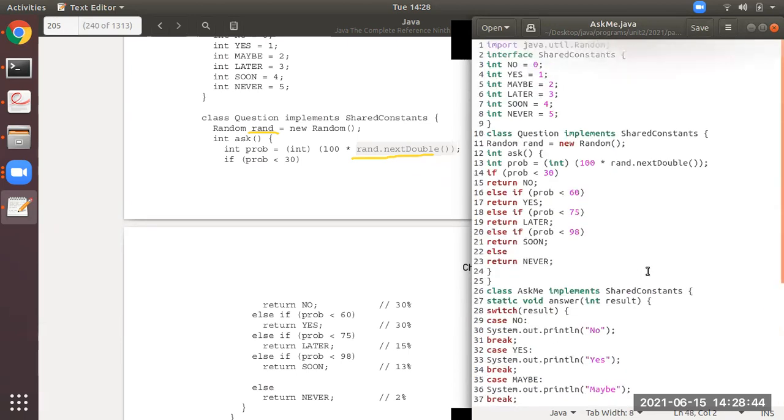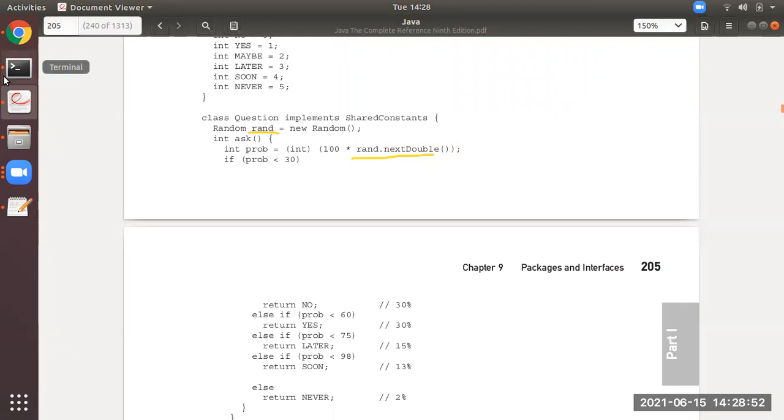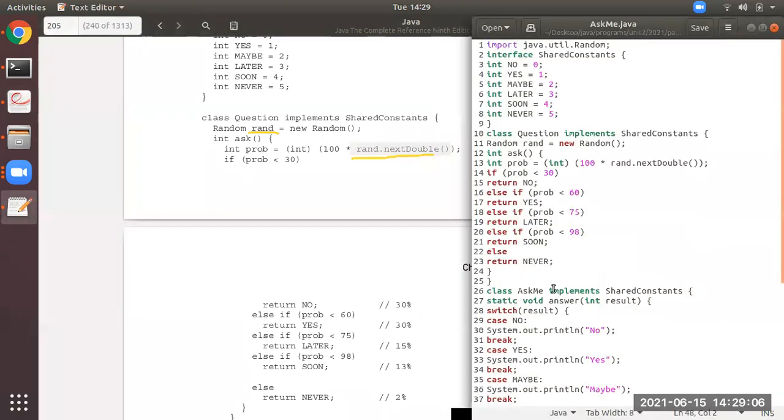Okay, similarly like that here, rand dot next double, rand is one object like mybox. So to whom does it belong? It belongs to Random class. So it will go into Random class, and in that there will be one nextDouble method. So it will invoke that method.